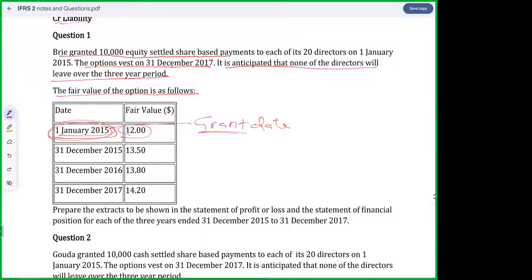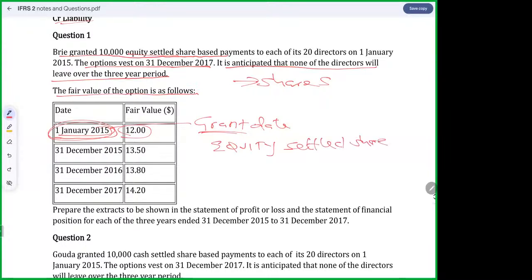These employees, when it's equity settled, we are giving them our shares. We are not going to give them cash. No cash here. Should they stay with us for those 3 years, we shall be giving them shares. We shall be giving them equity components here. So if that is the case, then this is what we call equity settled